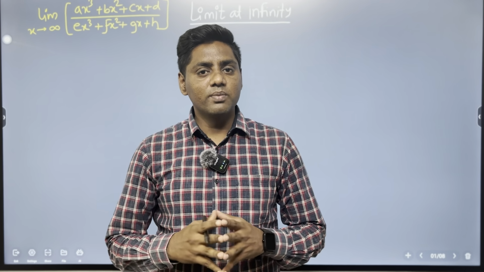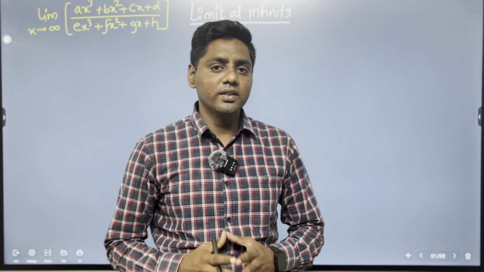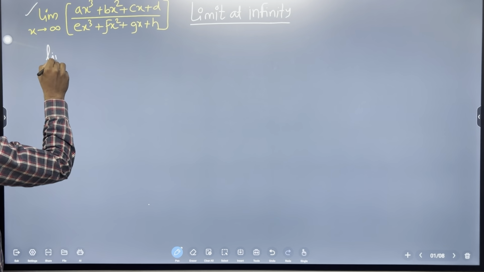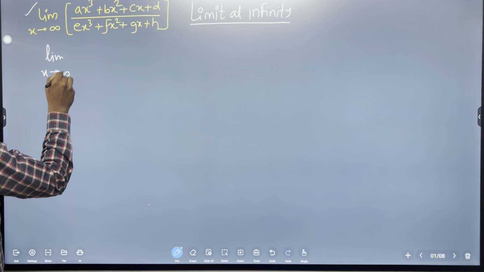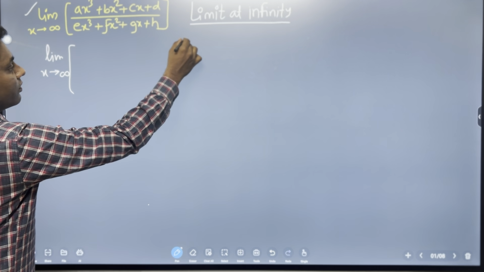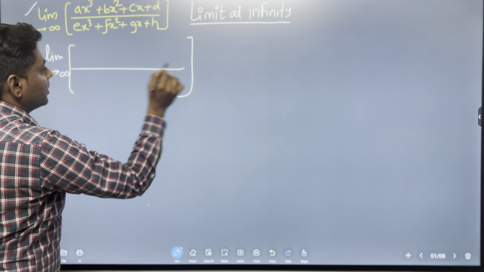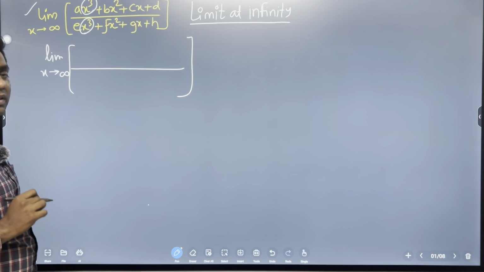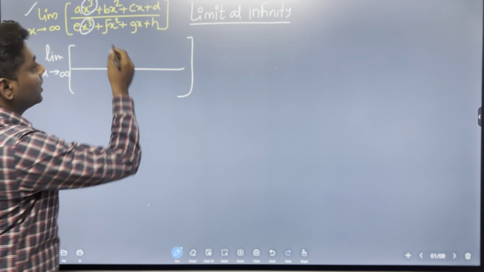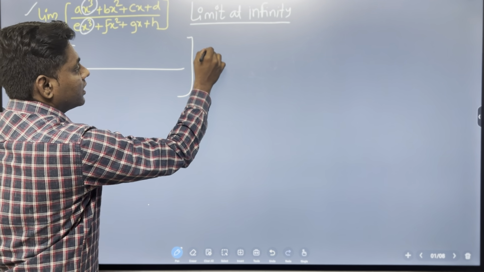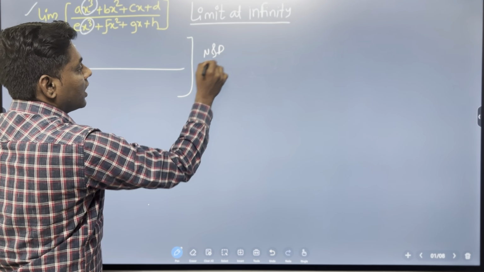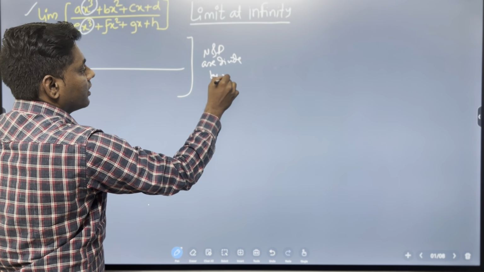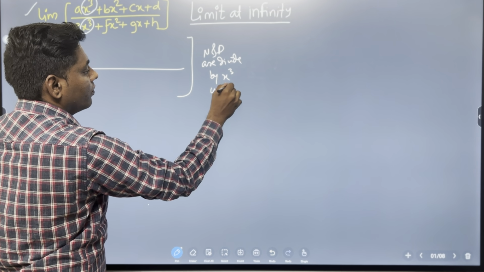Today we have to solve some examples on limits at infinity. Let's start the first example: limit x tends to infinity. It is very easy to solve; we have to observe. The highest power is x cube, in both the numerator and the denominator. Therefore we divide both numerator and denominator by x cube, and we get